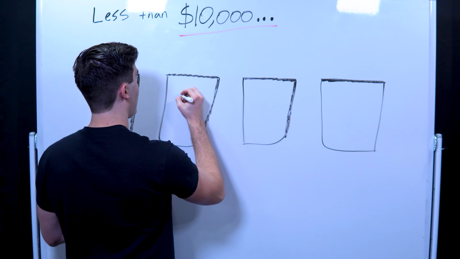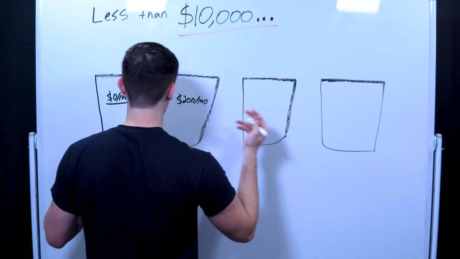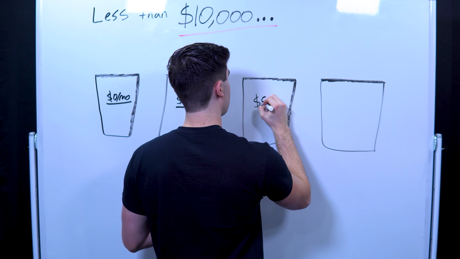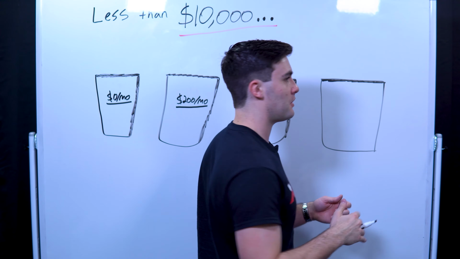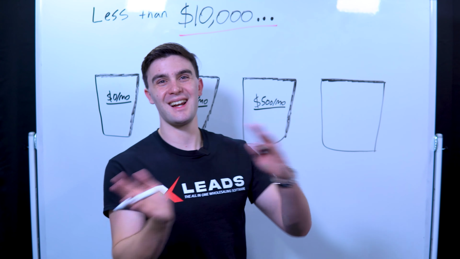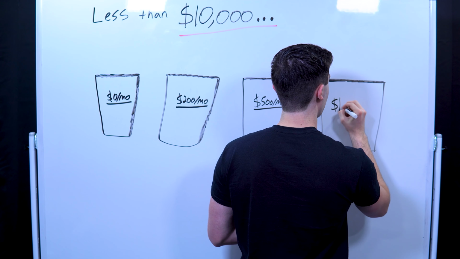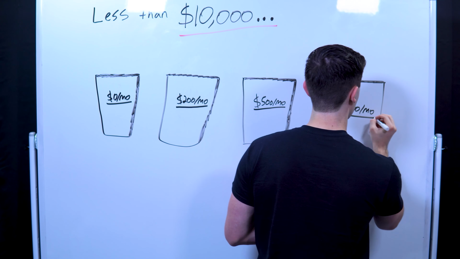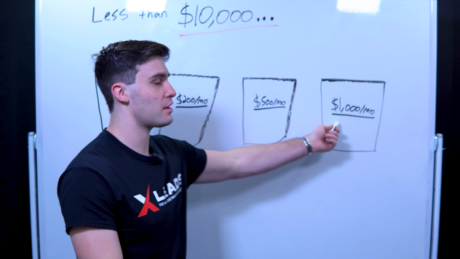Bucket number 2, I have $200 a month I can pour into wholesaling. Okay, we can do something there. Next here, we got like 500 bucks a month. Now we can get a little easier here, a little less work. Then obviously if we have a full-time job, we kind of just want to skip the line. Obviously you can pour like $1,000 a month into marketing, which I'm not the biggest fan of, but if you have a full-time job, I know a lot of doctors, lawyers, stuff like that, they just want to get into a legitimate business. It's another great way to do it.